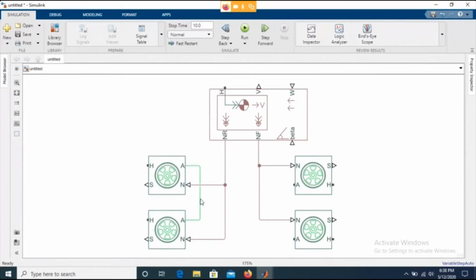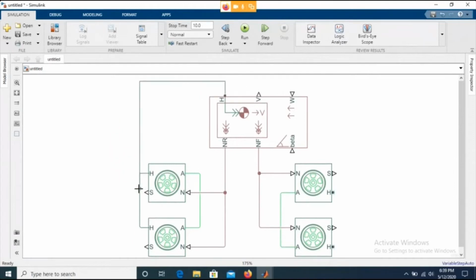And I need to connect my powertrain shaft, or the driving shaft over here. Let me connect the axle of the front wheel also together. This is going to be the front axle, and this will together be the hub. And I can connect the hub with the vehicle body.